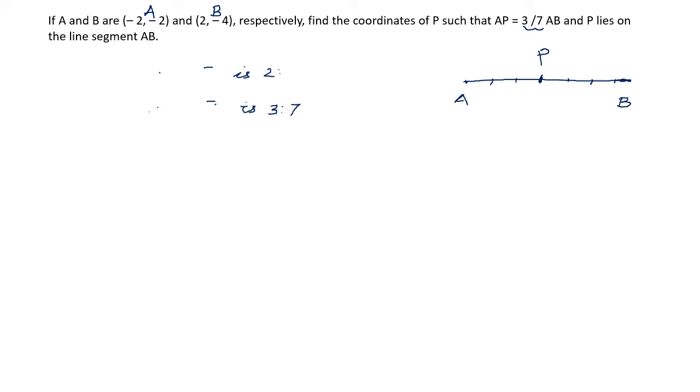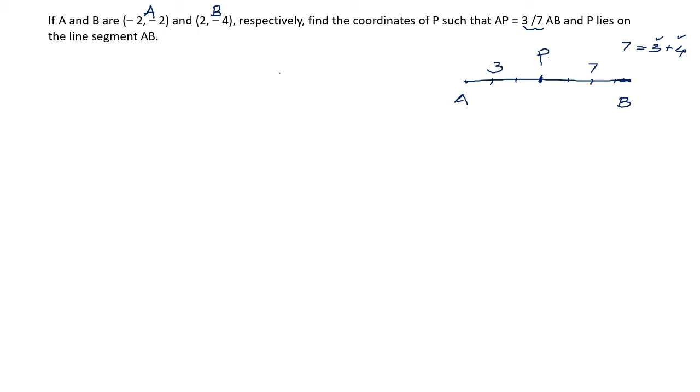This understanding should click you as soon as it comes. Only if that understanding clicks you, it is going to be right. This is where I find most children make mistakes. That is why I am telling you at the beginning itself, don't take it directly as a ratio. If you don't want to draw like this, you can just think 7 is equal to 3 plus 4. The denominator is 7, numerator is 3, so one has to be 3 and the other has to be 4. So the ratio is 3 is to 4.